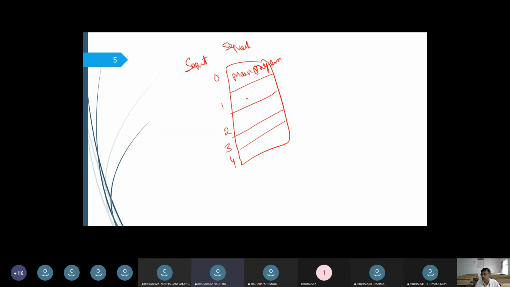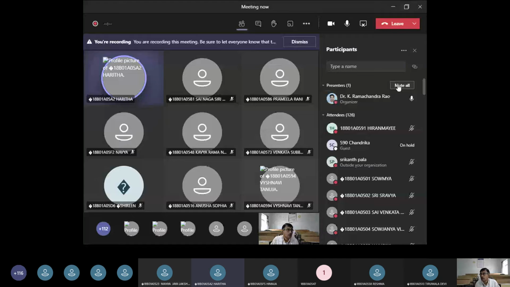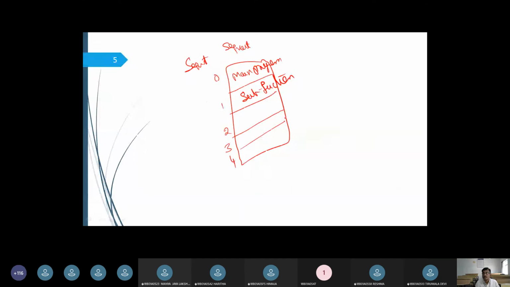In the first, I am going to have the subfunction. After the subfunction, I am going to have a procedure. Thereby, I am going to have this stack here. And finally, the symbol table.